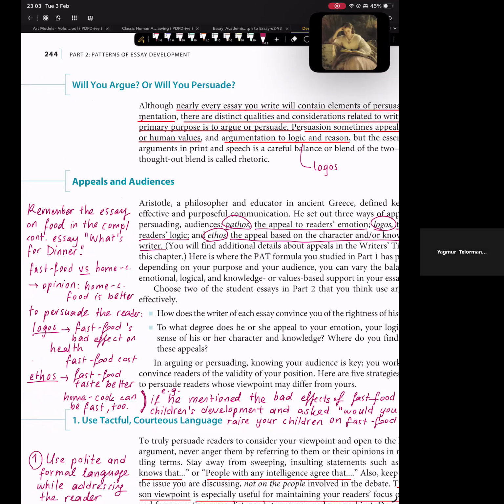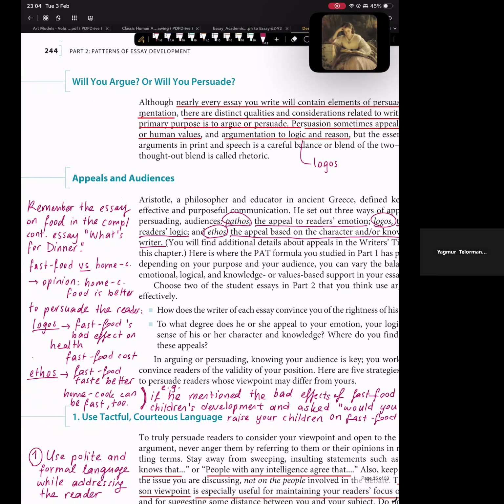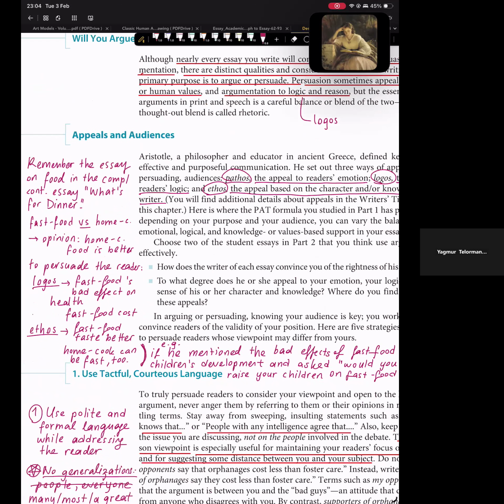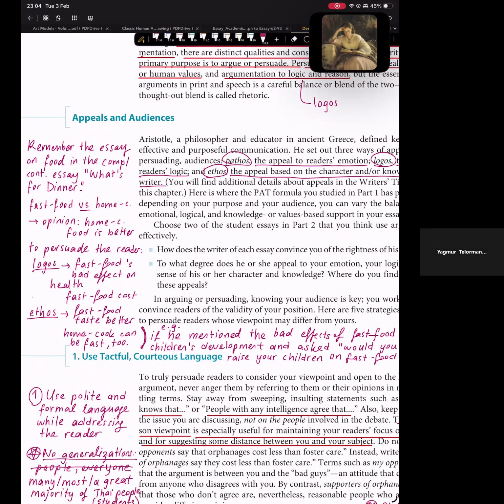The essay was called What's for Dinner, and it was a comparison between fast food and home cooked food. And the writer had a clear opinion there, which was stated in the thesis statement. He argued that home cooked food is better. And to persuade the reader, he appealed to the reader's logos and ethos when he talked about